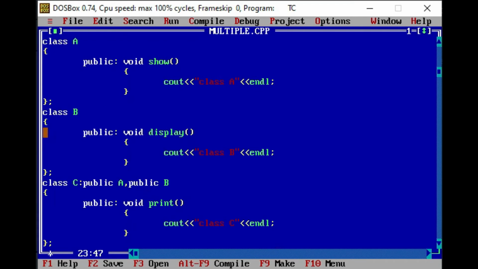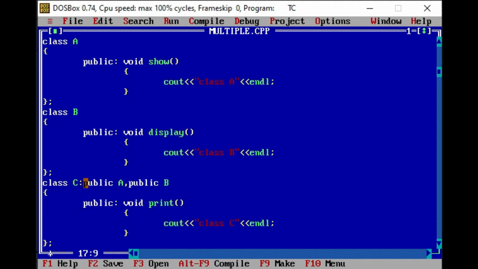Okay, so now we are having three classes, class A, B and C. Class A is having one function called show, in which we have printed here class A. Okay, so it is in the public mode of class A. Another function called display is defined in a public mode of class B. Class C is having print function, okay, which is defined in public mode of class C.